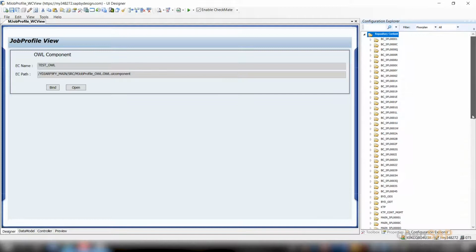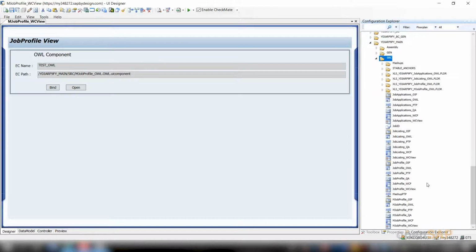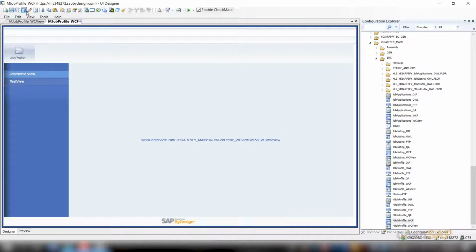You can go to Configuration Explorer, open your solution here, just open the work center next. So, just go to the edit mode. Here you do not need a tag, because basically it does not require specific rendering for a mobile or a desktop screen. So, you just go to the edit mode and just say save and activate here. I am not going to add any tags here. Once this is done, I will go to the other floor plans that are generated.